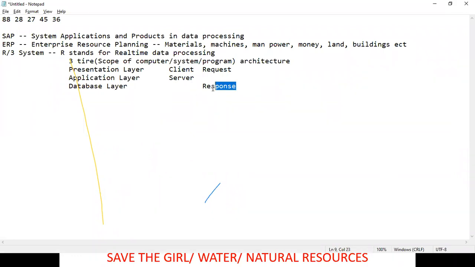But my response is in zeros and ones format. If my response is thrown directly to the presentation layer, I cannot read it and I cannot understand what this zeros and ones format is. So again, my response is taken backward